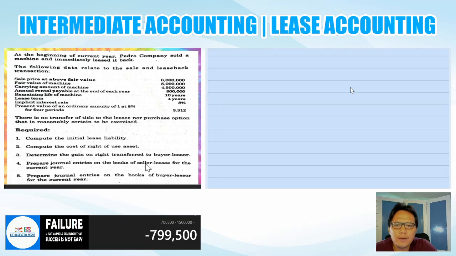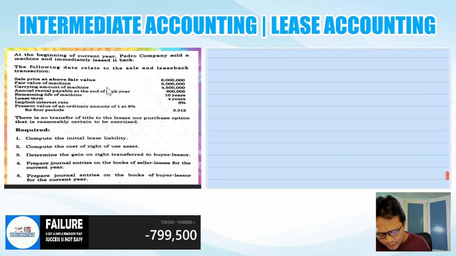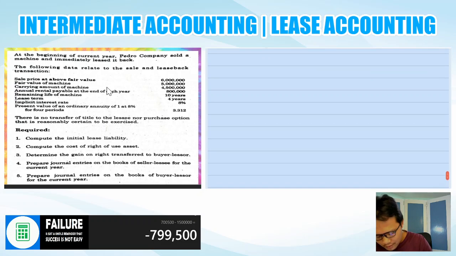So this next example, actually, kabaliktaran lang talaga ito. What if above na yung fair market value? No? 6 million sales price is above the fair market value. So 6 million sales price, yung fair value natin is 5 million. Okay? So again, start with the computation of the right of use asset